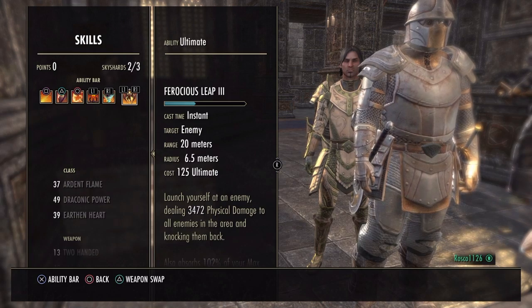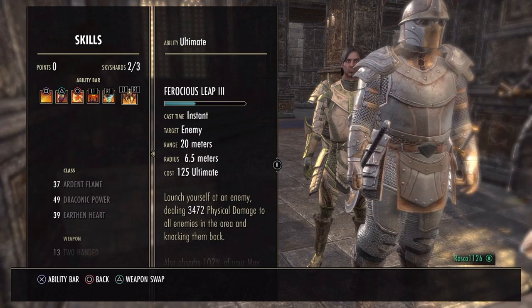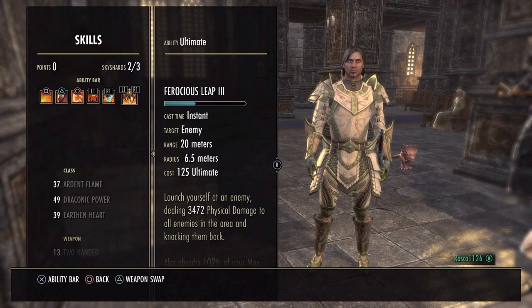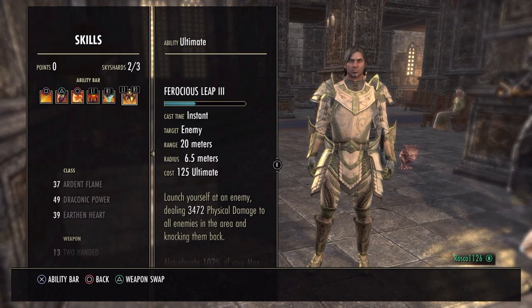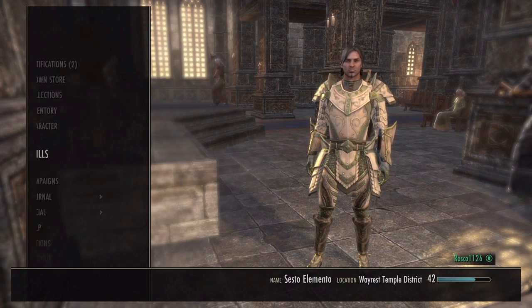It's awesome. And then as for your ultimate move, I'm using Ferocious Leap. Reason why? It's low cost. You can even use Take Flight, your choice. It's low cost. Take Flight costs a little bit less ultimate. But basically, I use this because, well, in the